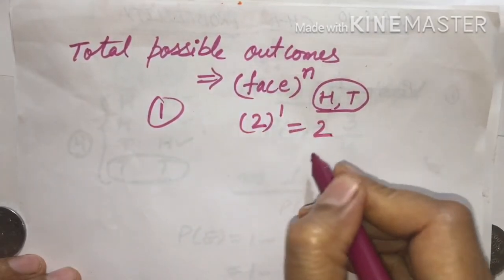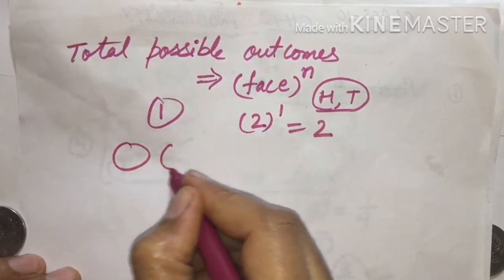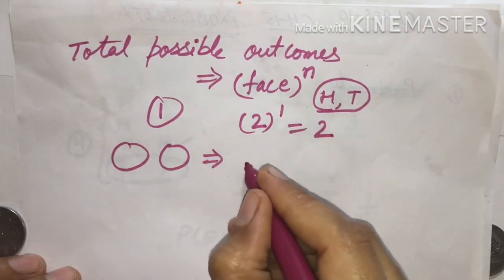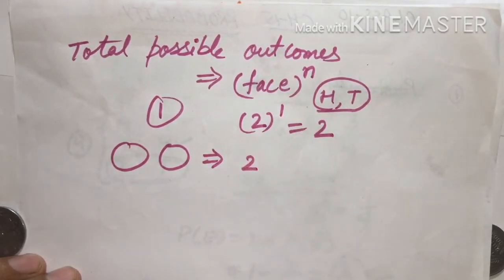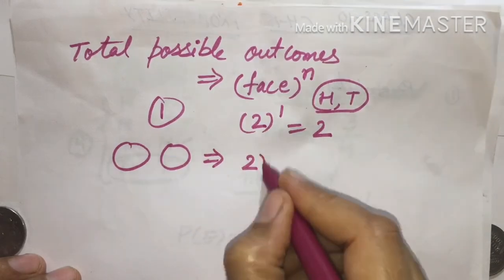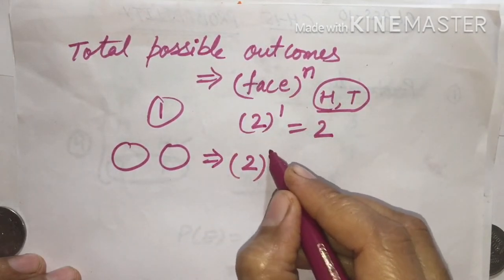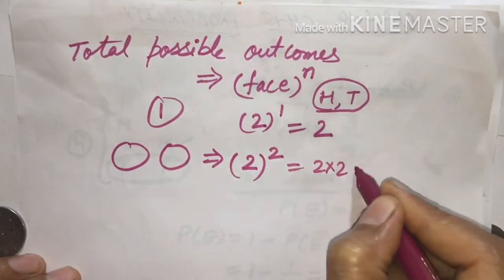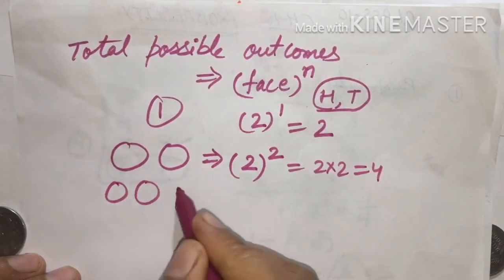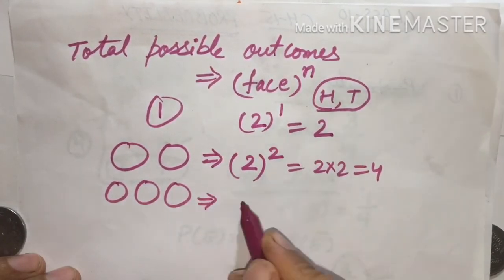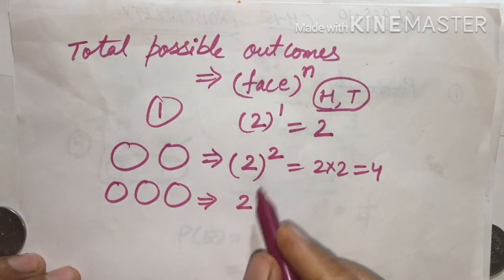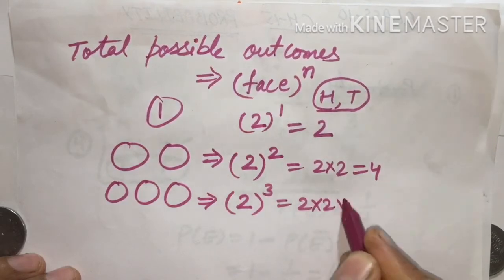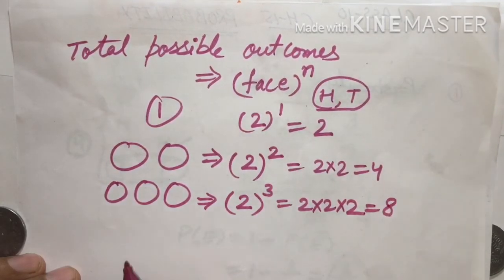So if I am taking the example of one coin, 2 faces are there and one coin is there. So how many possible outcomes? 2. If I am taking 2 coins, how many faces are there? Again head or tail will come, head or tail will come, and the power n is the number of coins, and 2 coins are there, so 2 2s are 4. If I am taking the example of 3 coins, faces are the same, head and tail, and 3 coins are there. So in this case 8 total possible cases are there.